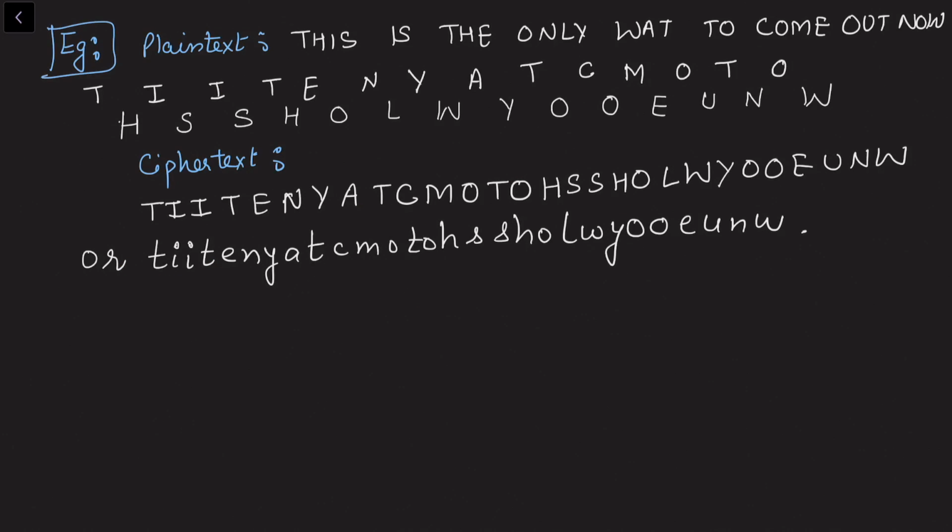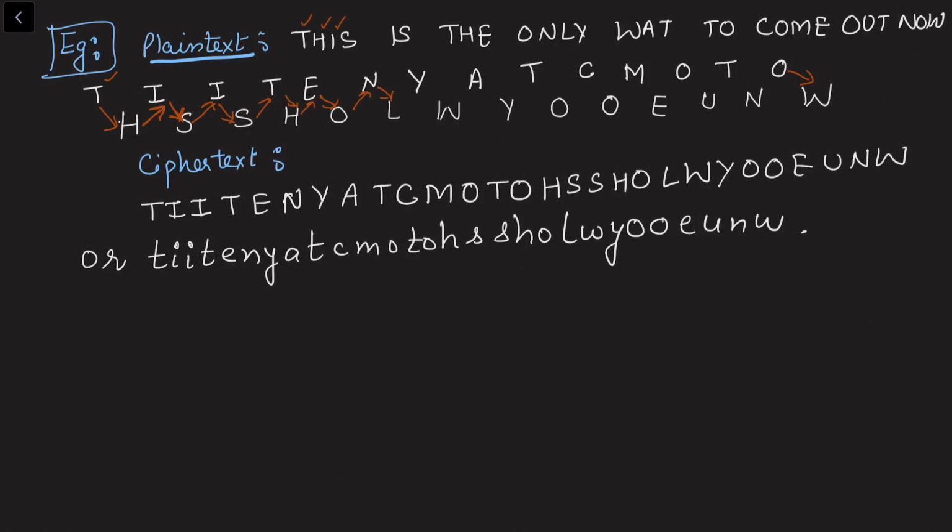Now consider another example for this rail fence technique. Here we can see that we have written this plain text in the form of diagonals. So we see T, followed diagonally by H, then I, then S, then S, then T, H, E, and so on. So we continue in this manner. We have written T here, and then the next letter diagonally to this T, which is H, and then I again on the diagonal, and S again on the diagonal.